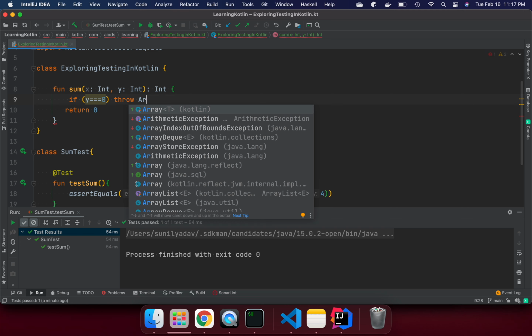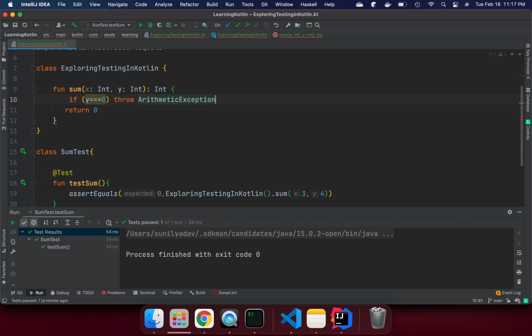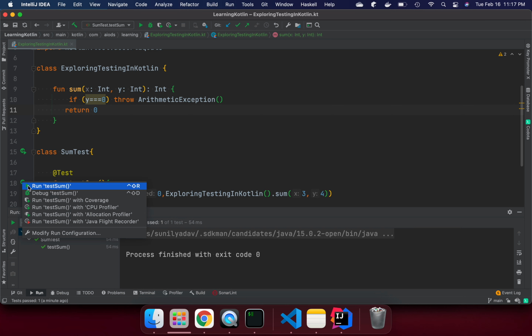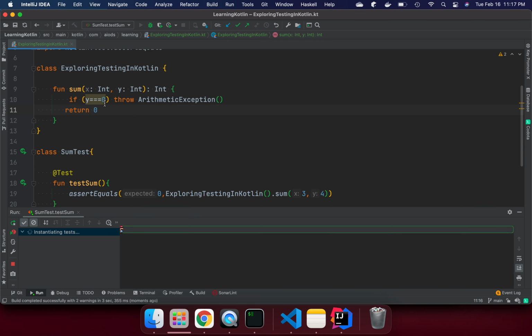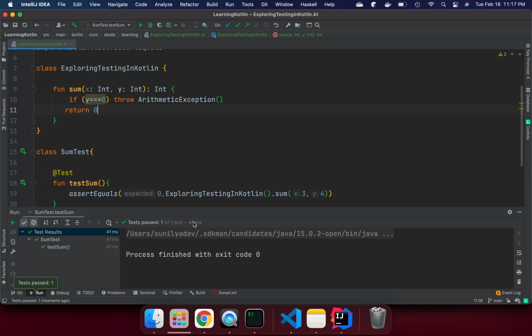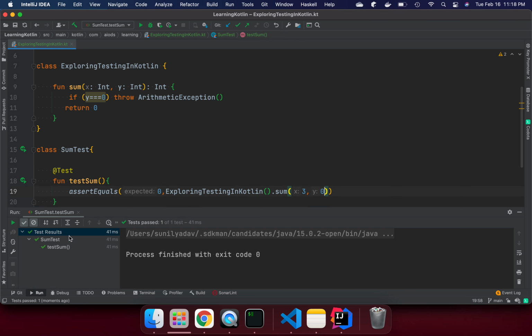I'm just trying to show how we can handle an arithmetic exception. So I'm saying give me the arithmetic exception, Java one, and this is creating the object. If we run this method, this is going to pass, because this condition is not going to be met. That's perfectly fine.